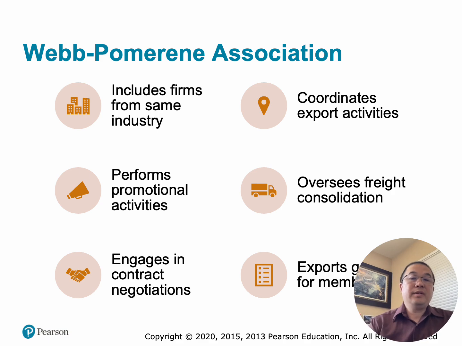This includes firms from the same industry. So companies that normally compete domestically can join together for international business. As an example, several U.S. agricultural producers, lumber companies, or technology firms may form an association to market products overseas. The benefit would be greater scale, shared resources, and stronger international presence.